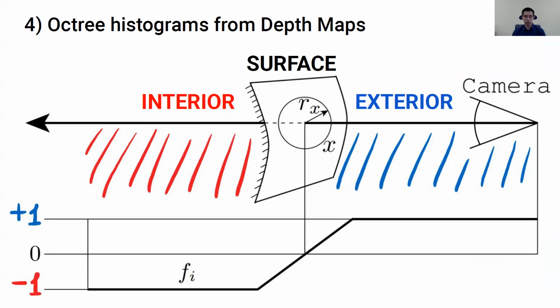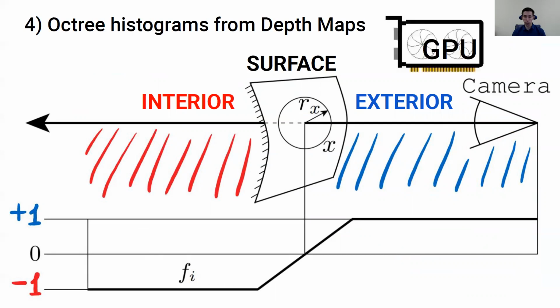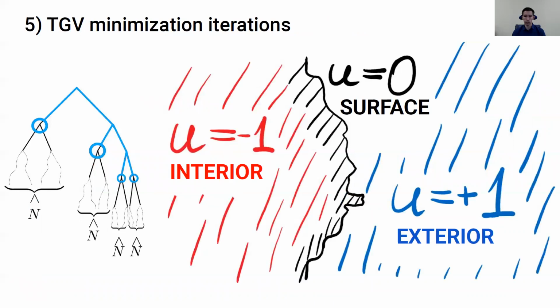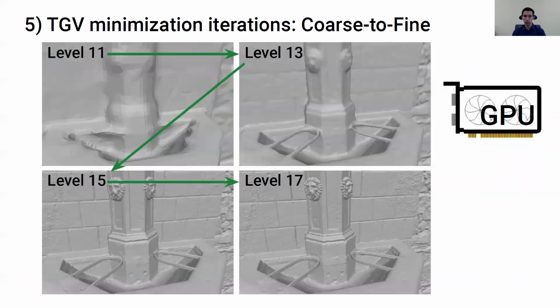For example, the depth map votes for +1 if the voxel is in the path of the ray, and votes for -1 if the cube is just under the surface. Since this stage requires a lot of computations, we speed it up with video cards through the OpenCL API. Then we perform the numerical minimization of the indicator function in the same out-of-core fashion, processing each leaf of the treetop independently. The iterative numerical method is also computation bound, so we implemented it on video cards too.